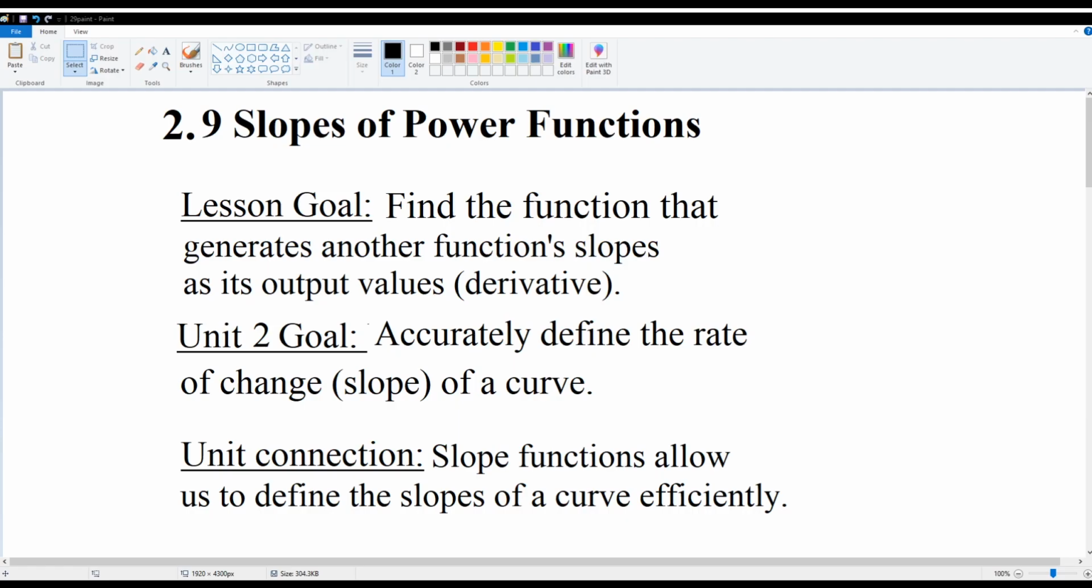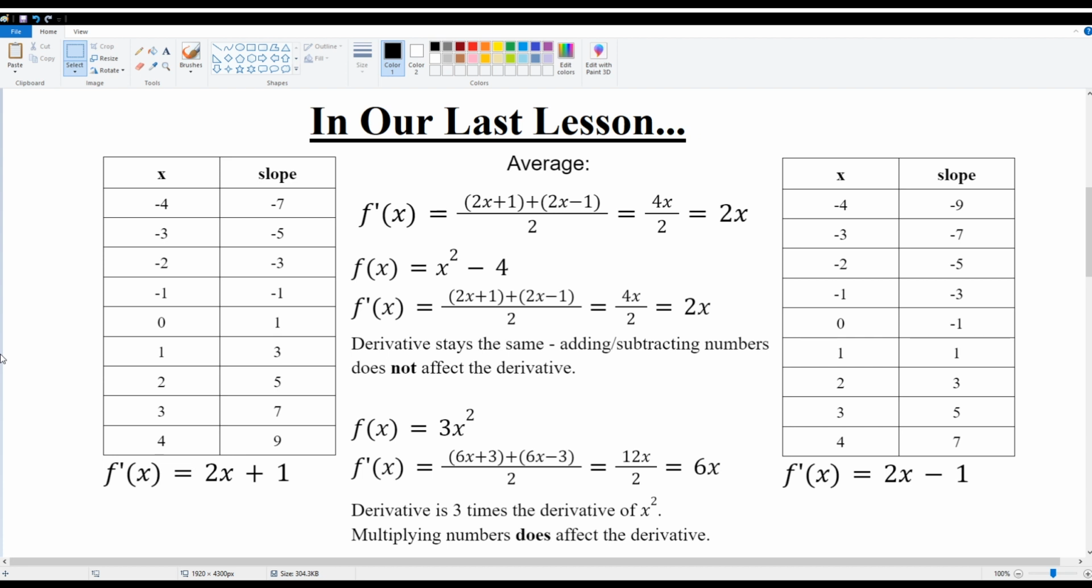For lesson 2.9, we are going to take our findings from our previous lesson on the slope of x squared and try to expand on the idea to figure out the derivatives of x squared's function group, which is power functions. So in our last lesson, we were able to figure out that if we took the slope between every integer